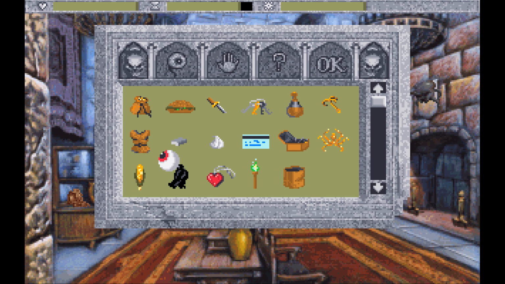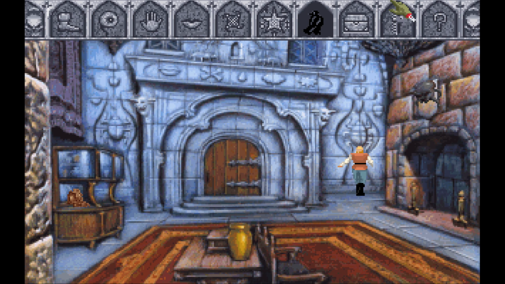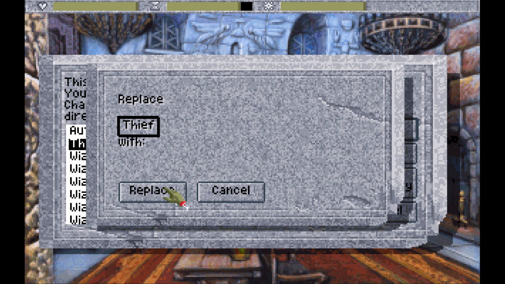So, as you remember, the Blackbird is a running thing in this game series. This sculpture of a black falcon brings back memories of your wonderful vacation in Razier. Wasn't there one in Spielberg too? And one in the Bazaar in Tarna? Too bad this is just a cheap plaster imitation. Where, you wonder, is the real Blackbird? I think that gets solved in the 5th game, and